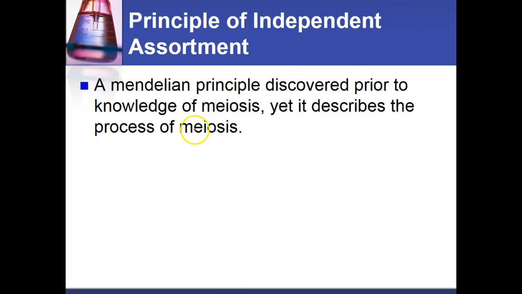The independent assortment principle is a Mendelian principle discovered prior to the knowledge of meiosis, yet it describes the process of meiosis to a T, because it talks about the separation of chromosomes being completely random, which we know happens during synapsis when those homologous chromosomes come together. We know that how they come together is completely random, and the first pair of homologous chromosomes doesn't have any bearing on the second pair,